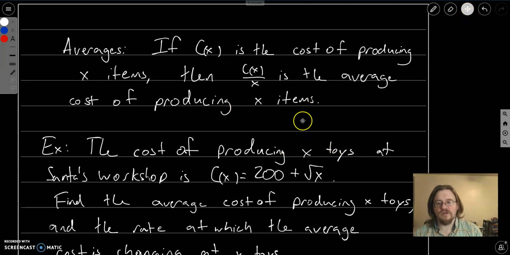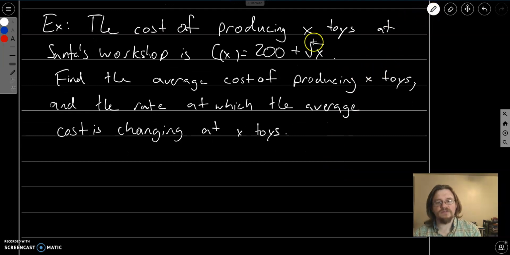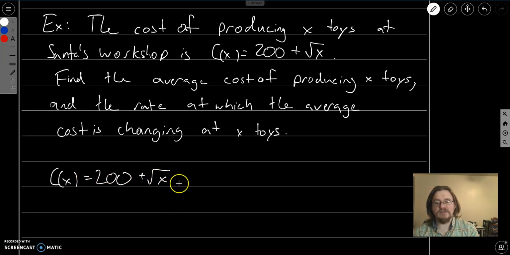So let's just work through an example. Let's say that the cost of producing x toys at Santa's workshop is given by 200 plus the square root of x. What we want to do is find the average cost of producing x toys and the rate at which the average cost is changing at x toys. First of all, if the cost of producing x toys is given by 200 plus the square root of x, that means that the average